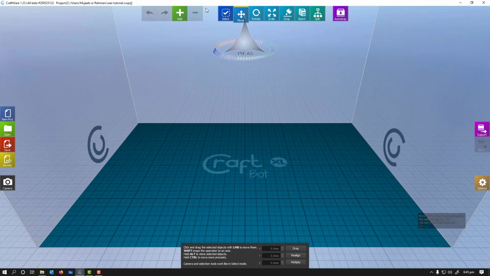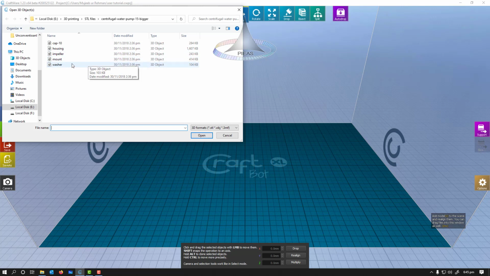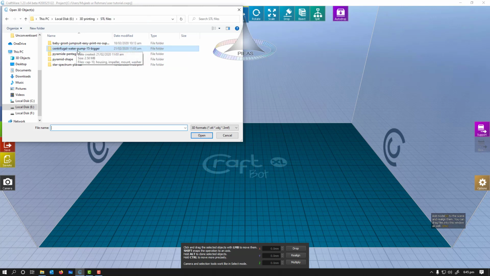You can save as. Now, if you want to add geometry which you want to slice, you can go into the files where STL files are present. Remember that you can input only STL files into Craftware software or any other slicing software. I have here multiple types of files like centrifugal pump, pyramid. You can download them from the internet. You can develop or create them in any modeling software. So I'm gonna go with this geometry.